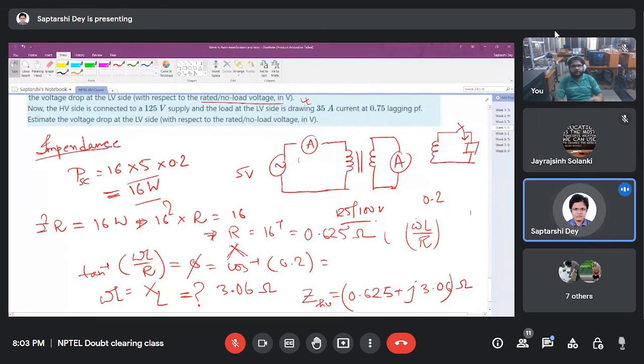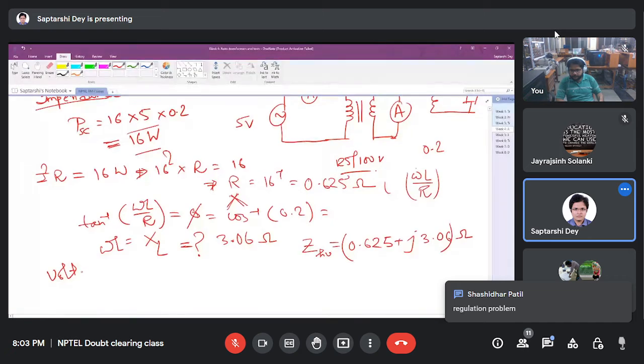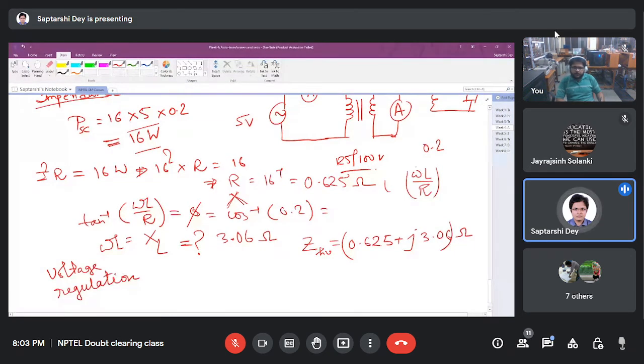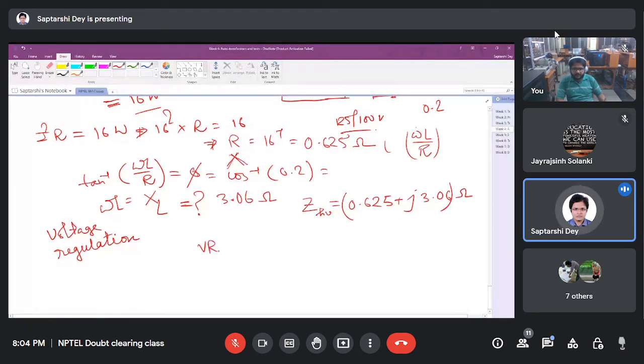This was discussed in week 3. This is called regulation, voltage regulation. So we have been asked to find out the voltage regulation. Now there is a formula for voltage regulation. The formula for voltage regulation is